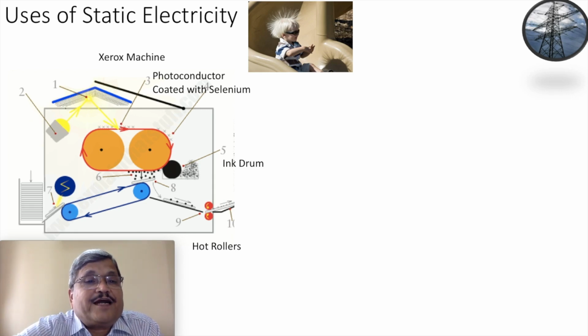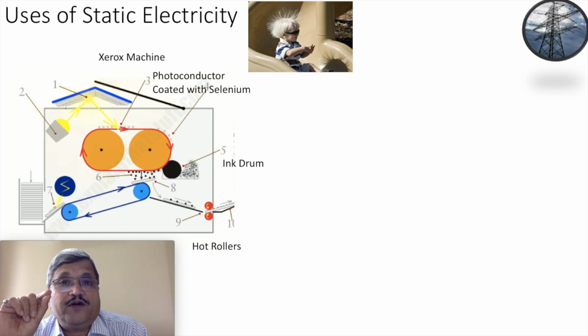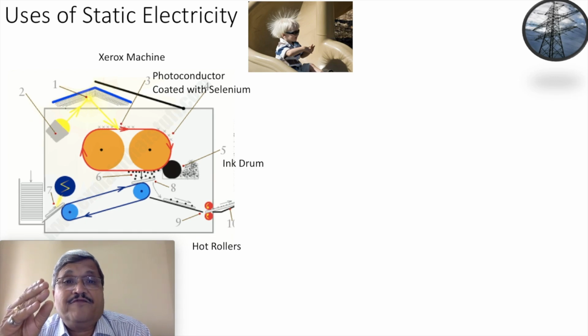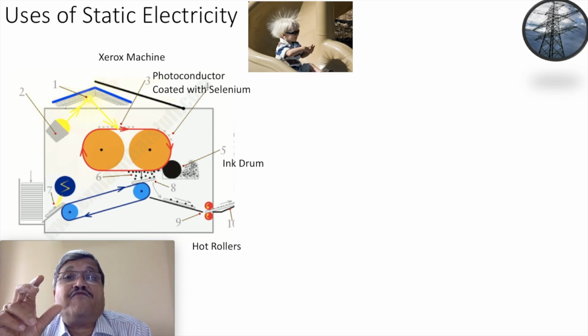Now this electrical shadow, since it is on a conveyor, will start rolling and reach the ink drum, and this ink is fully charged positively. That is the reason it sticks to the area where it is negatively charged. That is what you have written on the paper. Wherever you have written letters, that is negative. So ink will stick to those negative areas, that is the letters, and then the image in the form of ink will be formed on the conveyor.